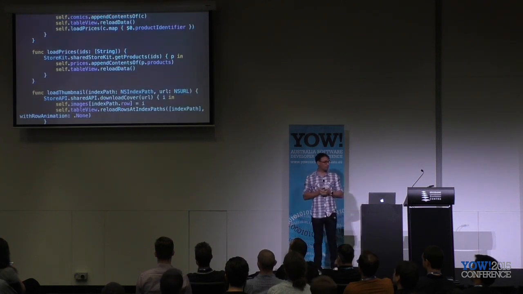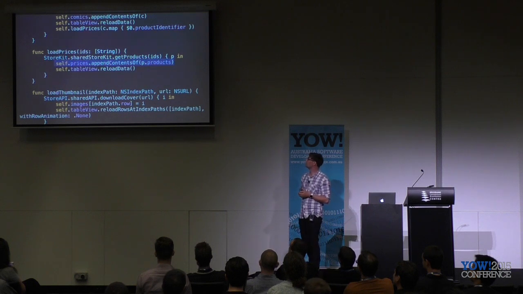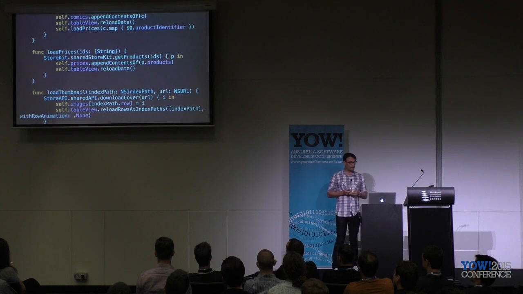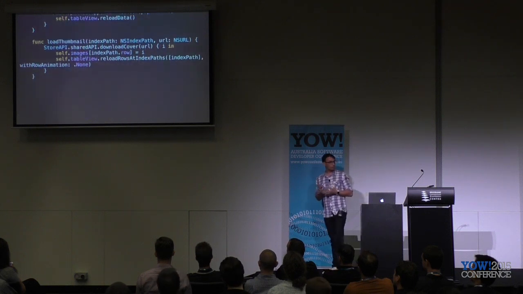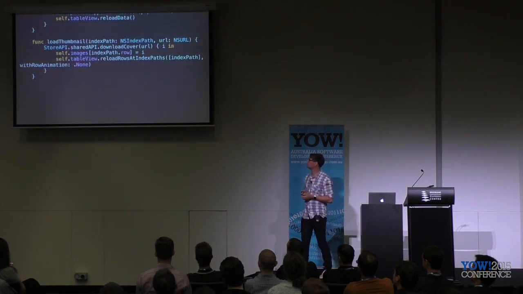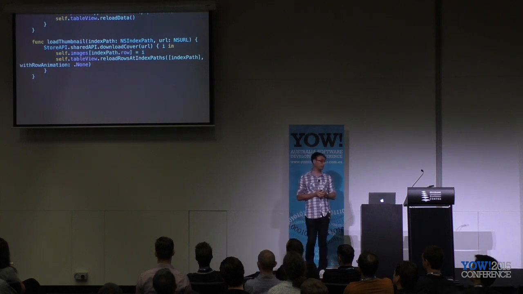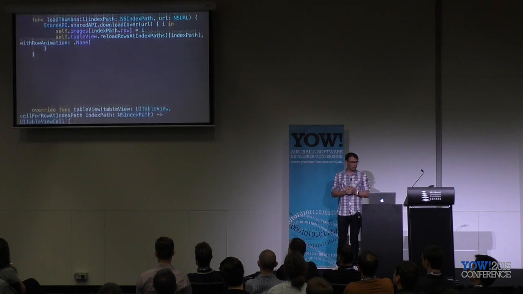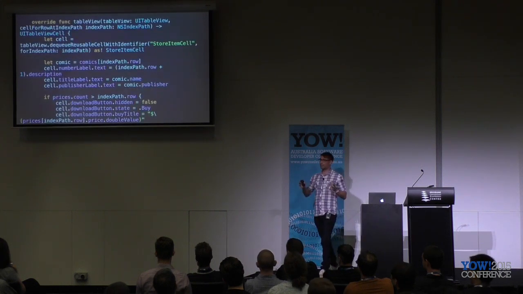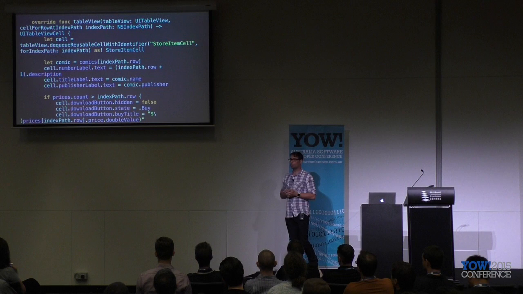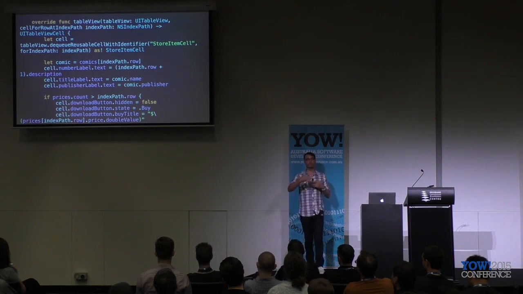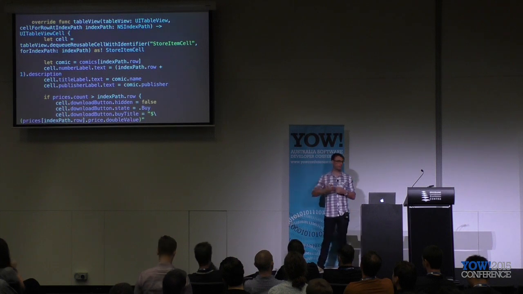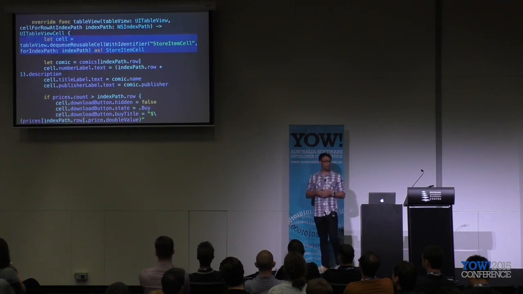Our App Store prices load basically when that completes. Again, we're going to mutate our state and reload the table. And then we've got a load thumbnail, which we call from our table rendering code. Again, predictably, within that callback, we mutate our state again, and we reload the table again. In the table rendering code, if you haven't worked with table views on iOS before, they are a callback-based API, so the table view will ask the view controller, give me the cell at this particular row. So what we do is we